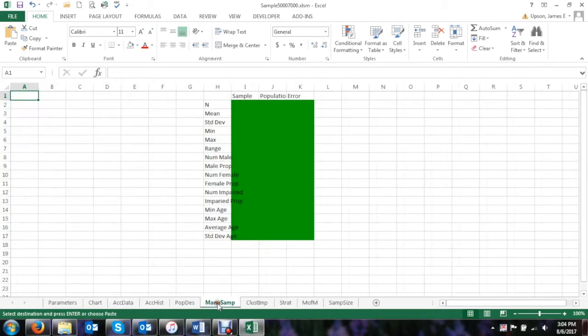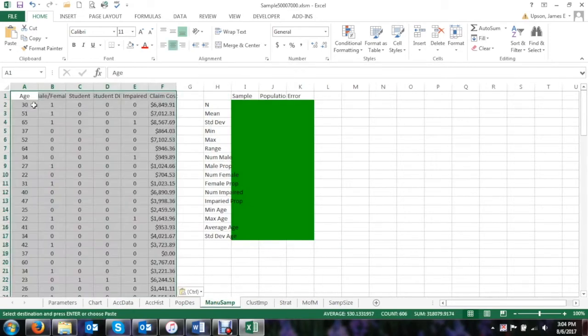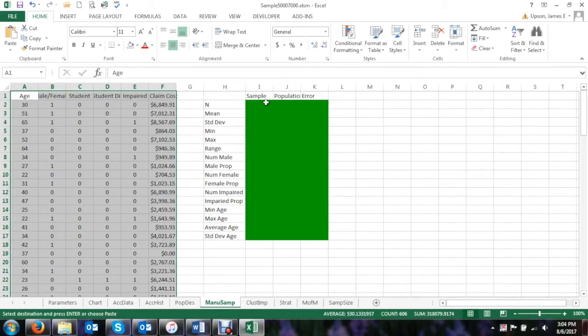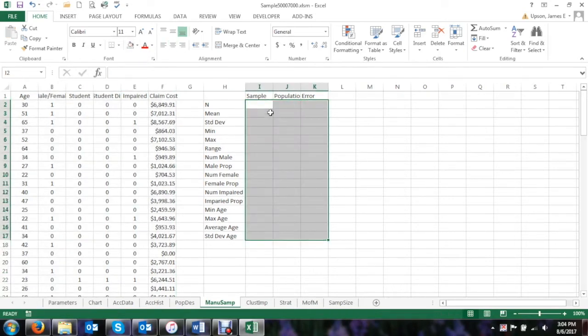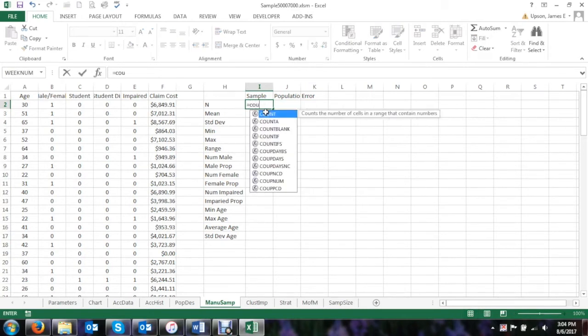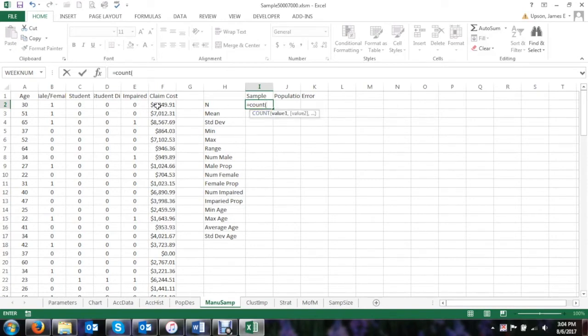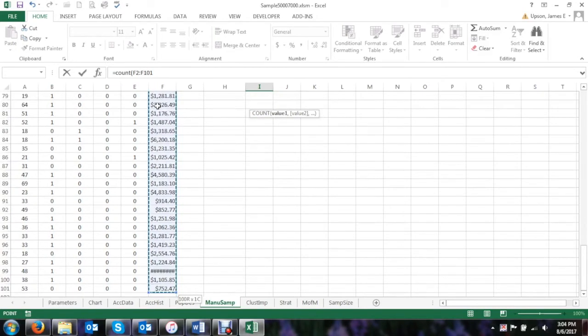We'll come over here to our manual sample and just do a Control-V to paste. So here's all of our manually obtained random sample. And it is just a random selection of the 12,746 observations that were there. All right, I'm going to open this up and clear the highlighting for the grading part. Our first thing is, what is our count, our number? This is going to be equal to our count, and then pick our claims, and this better be 100,